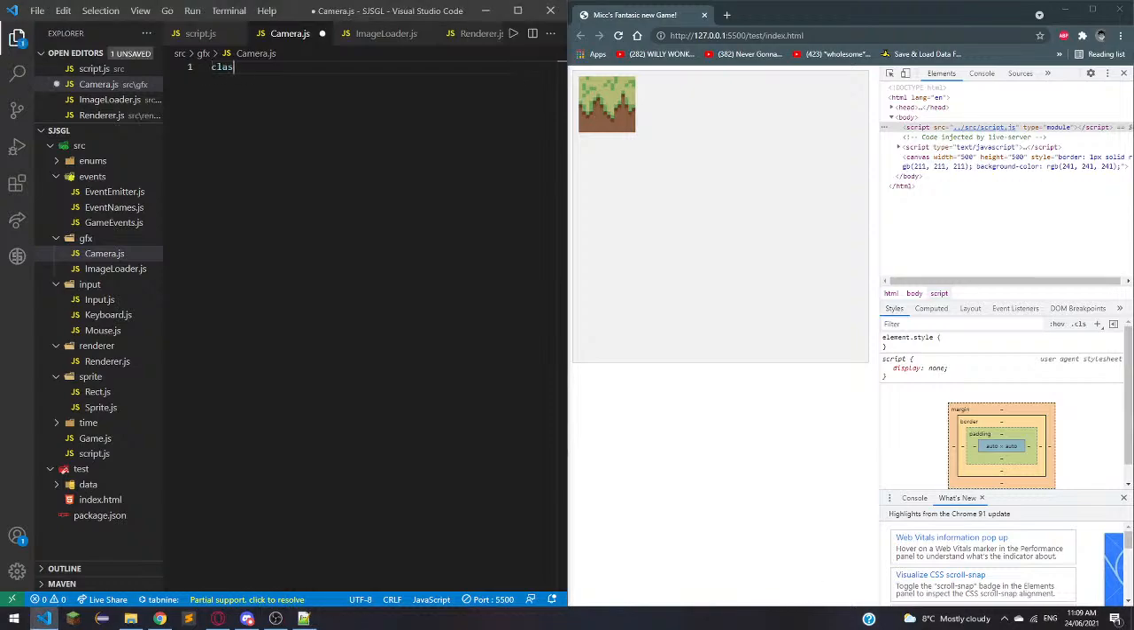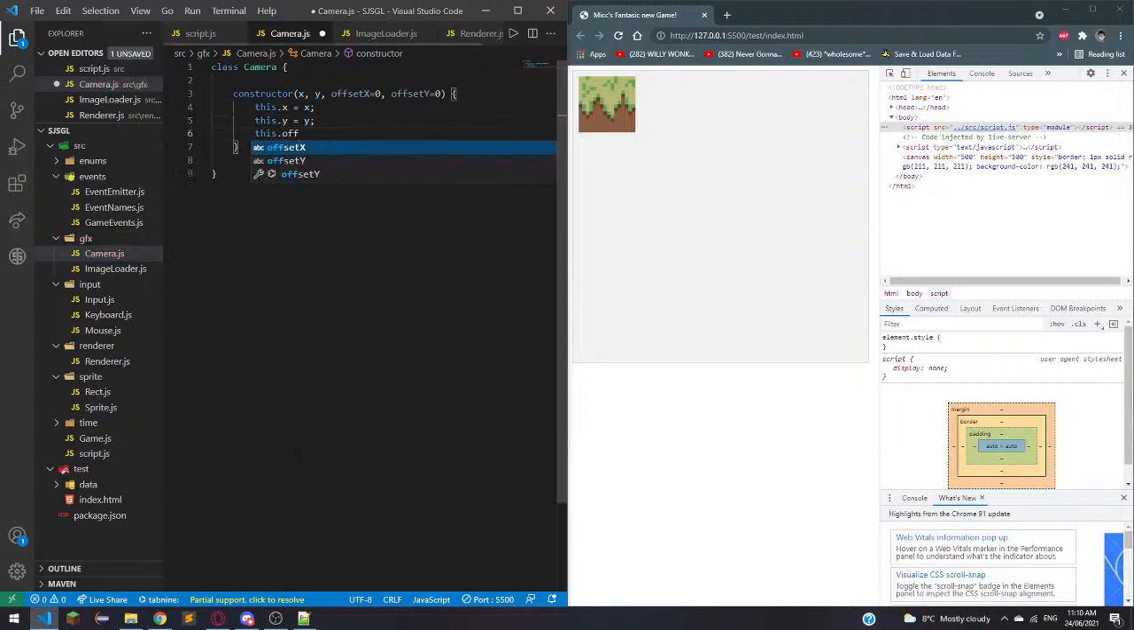I think we should do, we're gonna do camera. I'm copying off Python code right now, it is my own Python code, just so you know. X, Y, offset X, offset Y. Now we're gonna set these offset variables to 0 by default. And then we'll just set these variables offset X, offset Y,